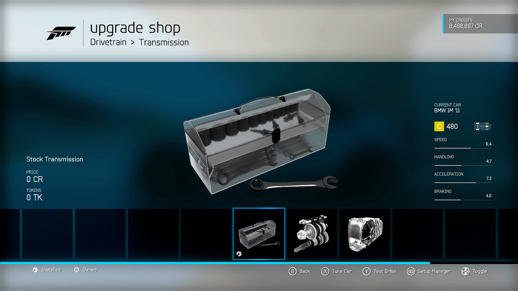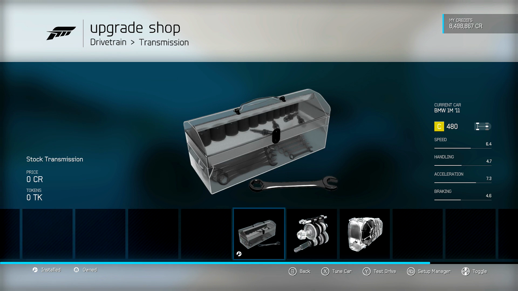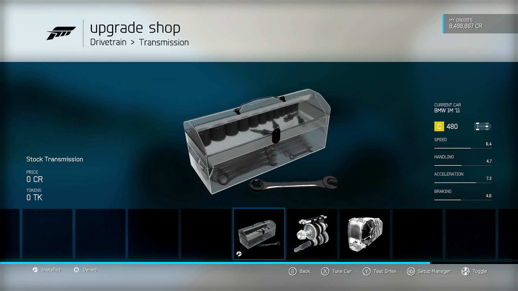Transmission. Transmissions are interesting, and they are different on a build by build level. So, generally speaking, I want to use the stock transmission as much as I can because they're usually expensive, right? 480 cost me 6 PI. I can get a fair amount of horsepower for 6 PI. The only thing I'm getting out of this is probably adjustability. I don't even think I'm getting more